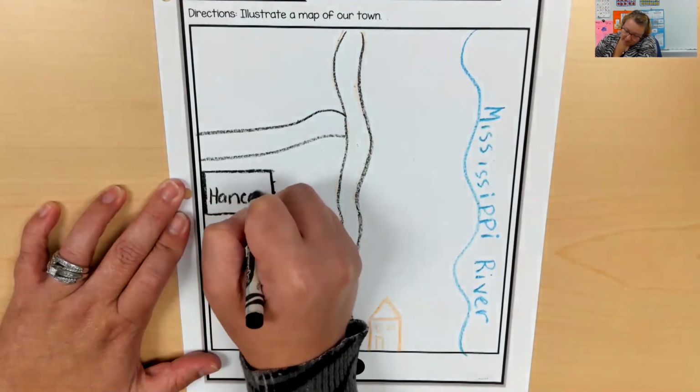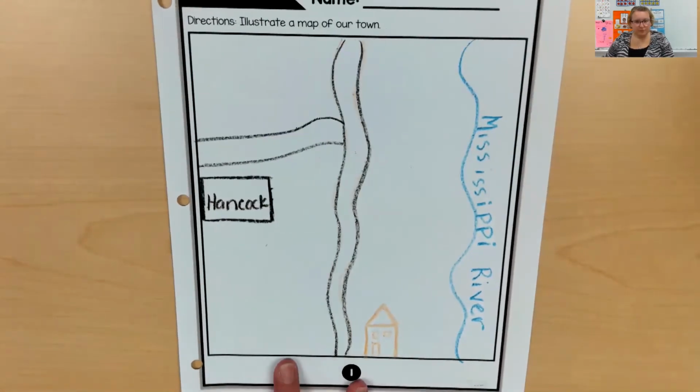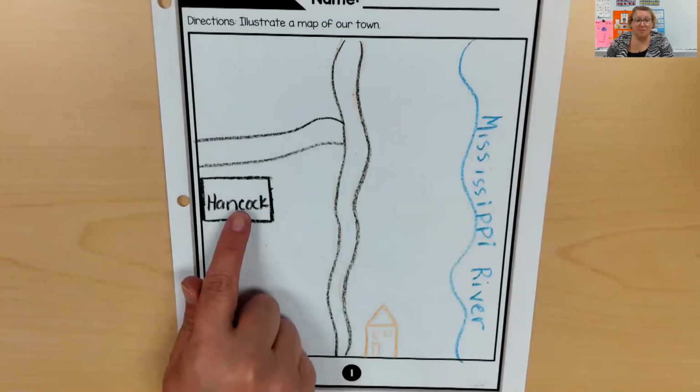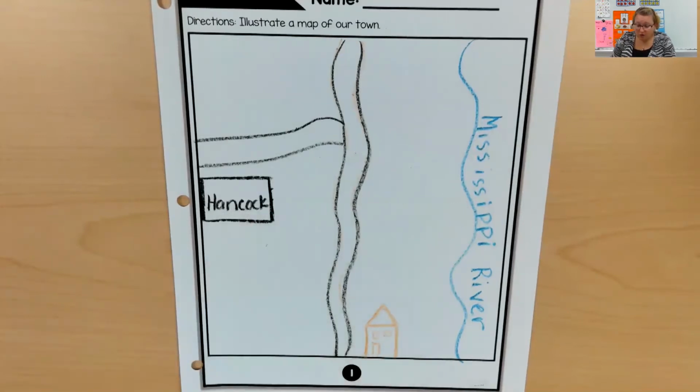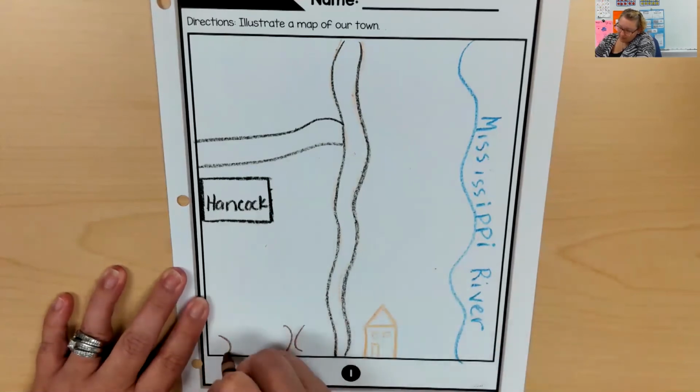So I can label it. I work at Hancock. Now there's lots of things that I see in between my house and my work. There's stores, there's trees, so I can add a lot more detail to my map. So I can add some trees.